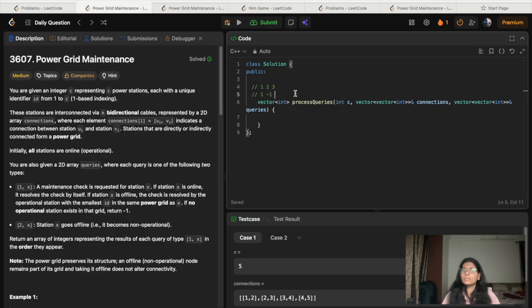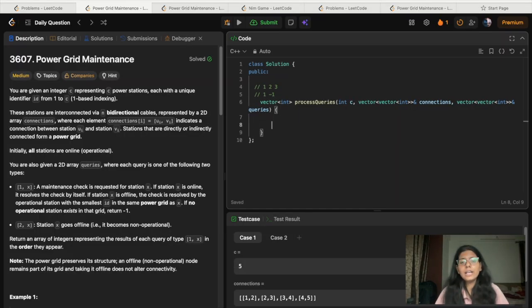So we found that we have a graph of C nodes. How do we store the graph? Usually I store the graph in a vector, an adjacency list, of size c plus 1.